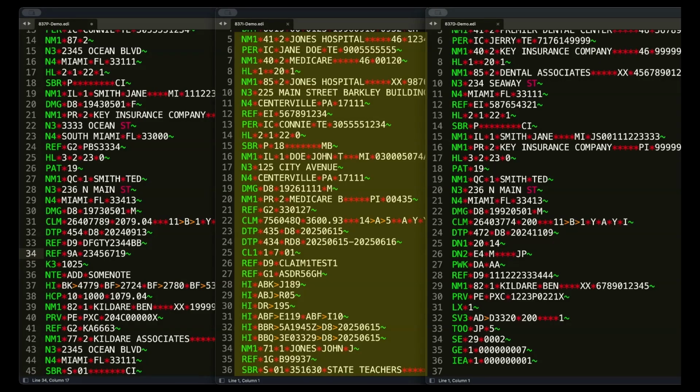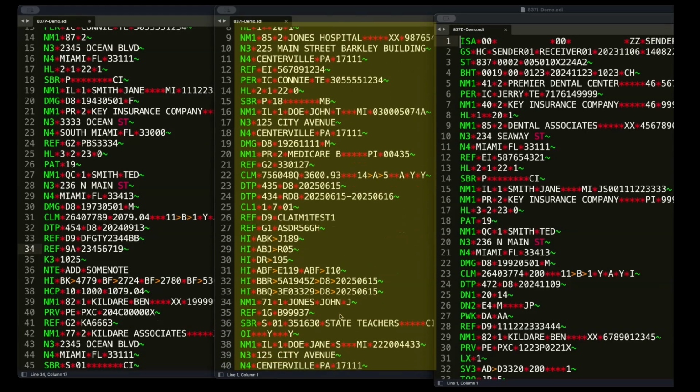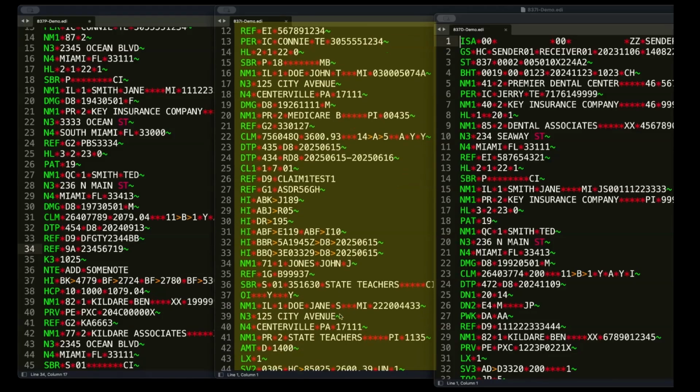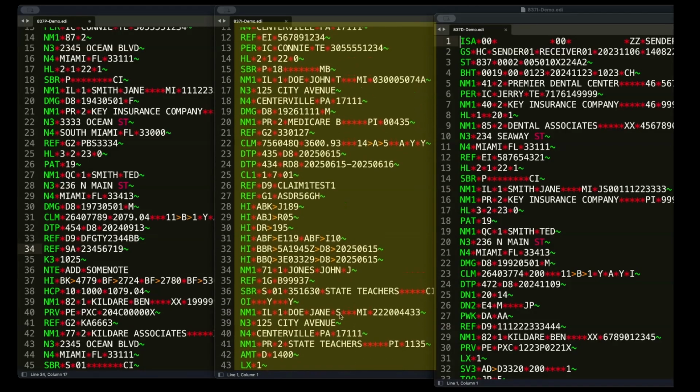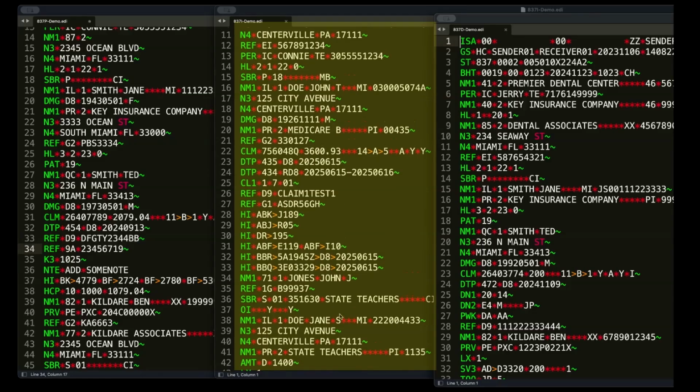Here in this file, it also carries a secondary subscriber detail. So that will help you understand how secondary subscriber or secondary insurance company's information is utilized. So a second SBR segment is here, NM1 segment with IL identifier is here. Then the payer information, a secondary payer information in the NM1 PR segment you see here. Then also the coordination of benefits segment is here with the AMT D.